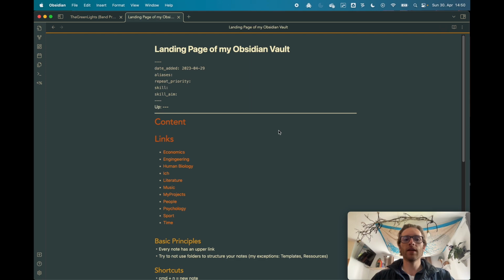I still used it in the way I was used to interacting with files. So in Obsidian I created folders and subfolders, for example for music. I created a subfolder genre, and I placed pages inside with jazz, rock, whatever. I tried to structure my notes via a folder structure. And after using Obsidian for a while, I realized that this structure distracts me